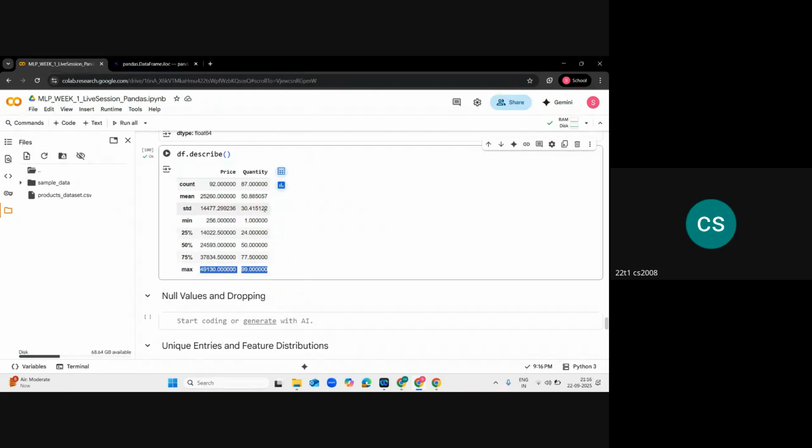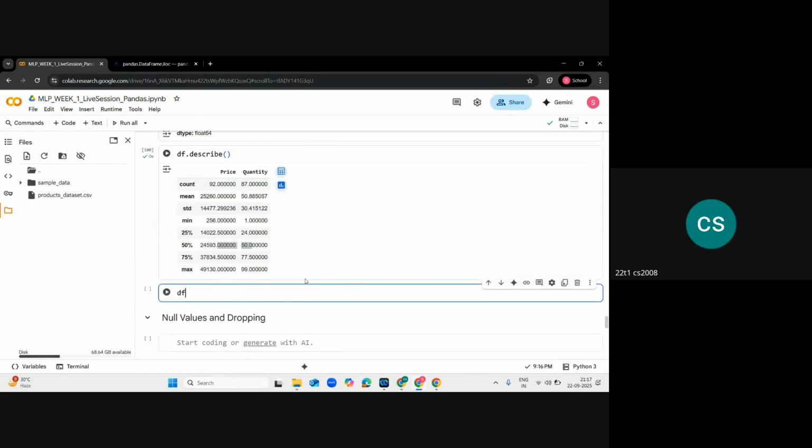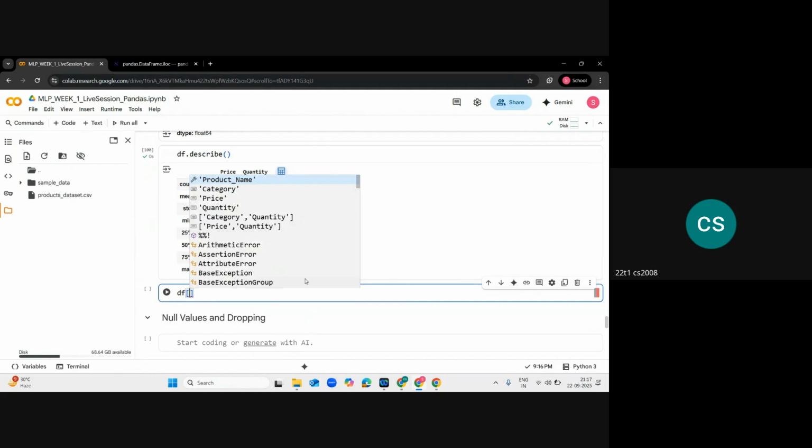So everything we have seen, right? Mean, the second quartile is the median. If you remember, this is the median. Third quartile, the maximum, the minimum, standard deviation. Okay, all the data, the count, how many numbers are there, it's everything we have seen in one go with this function df.describe. If you just want to see for one column, you can also do that. So suppose you want to just see for price,